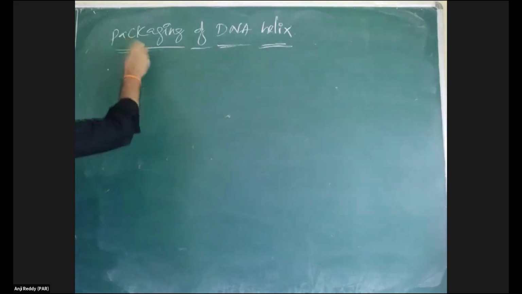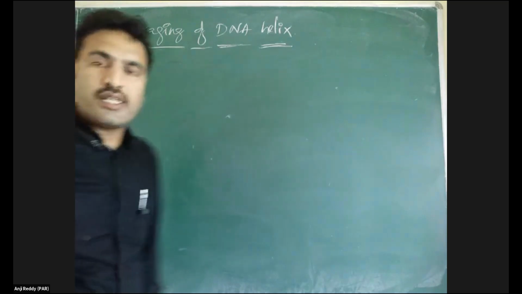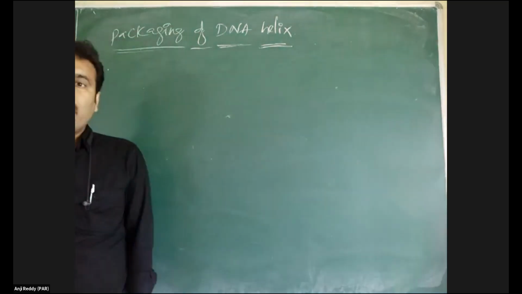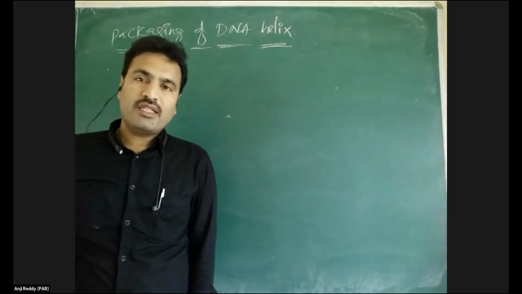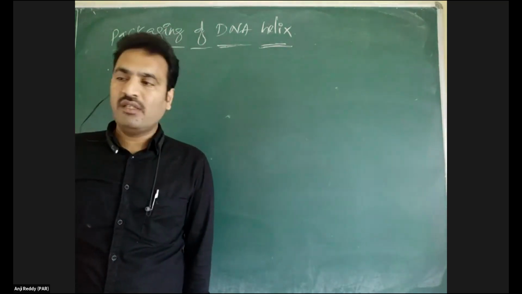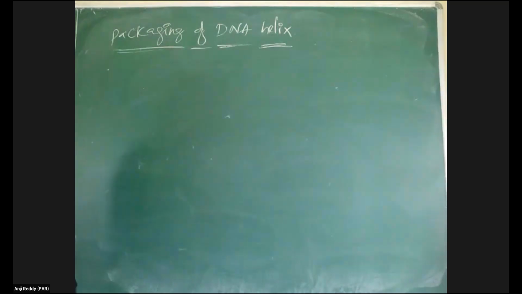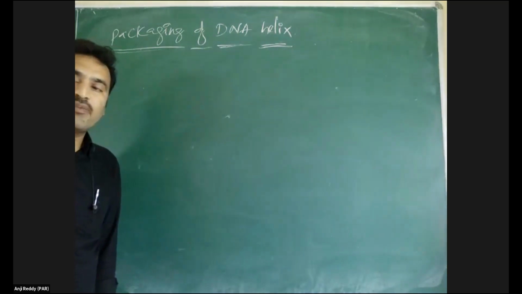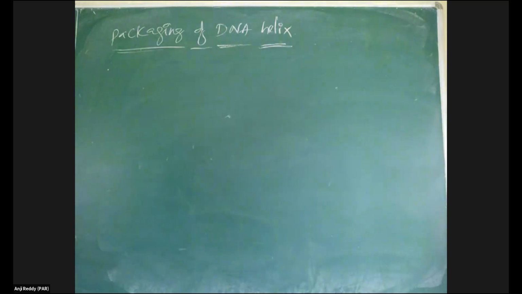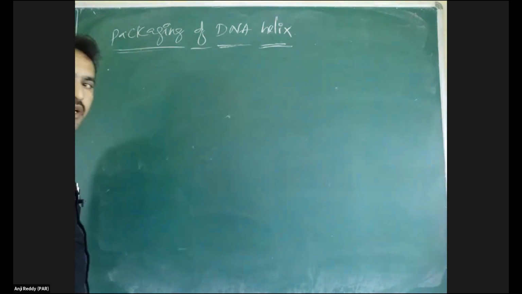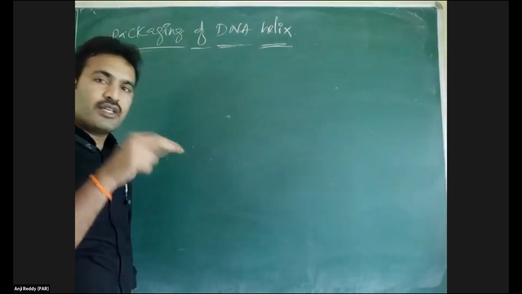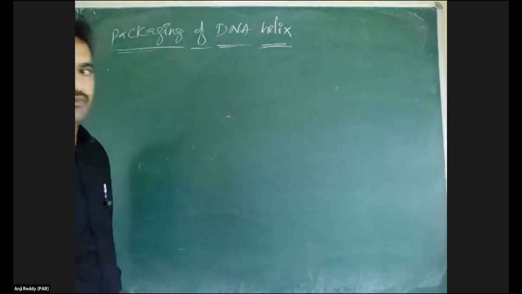Alright. Packaging of the DNA helix. You know, RNA is a single-stranded molecule and DNA is a double-stranded molecule. That double-stranded molecule of DNA is present in the majority of eukaryotic organisms. DNA is present as genetic material in many eukaryotic organisms, whereas many prokaryotic organisms have RNA as genetic material. Here, when the two strands of double-stranded DNA are joined, there is formation of a helical structure, I told you.